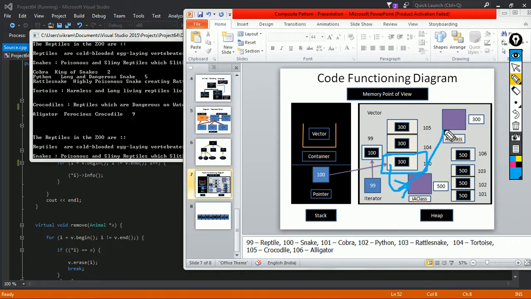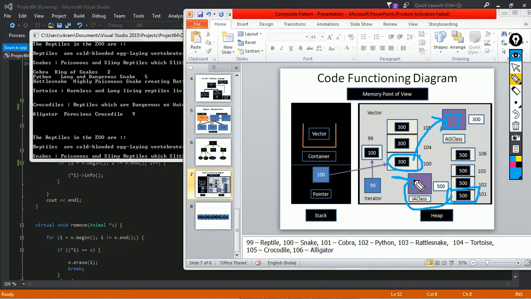I'm sorry, this will be the animal class. Let me redraw it again. Okay, this will be the animal class. It will go to the animal class, do all of its functions, and then when it goes to the individual animal, it will go to the individual animal class and do all of its functions, and hence it will print out the required info that we need.